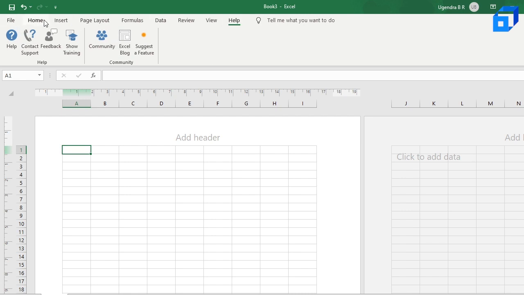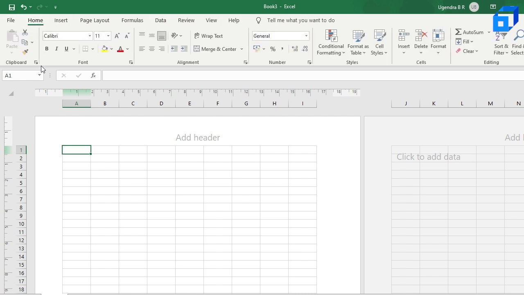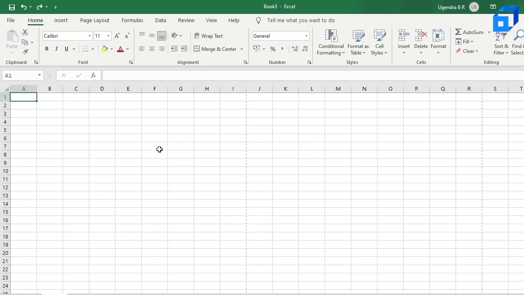Now let us move on to the home tab and let us see how we can add or enter data in a spreadsheet. Let us undo this first. As you can see, the cell selected over here is A1. Now, if you want to enter data into a cell, you just go to that particular cell, click on it and start typing. So let's say you want to type employee data, you just start typing by clicking on that cell.